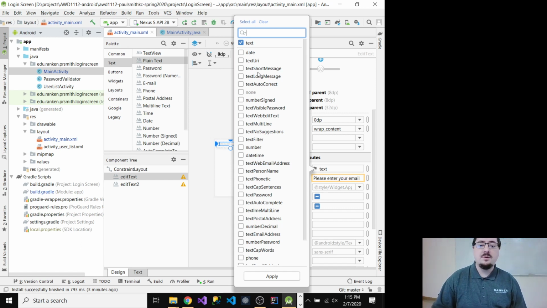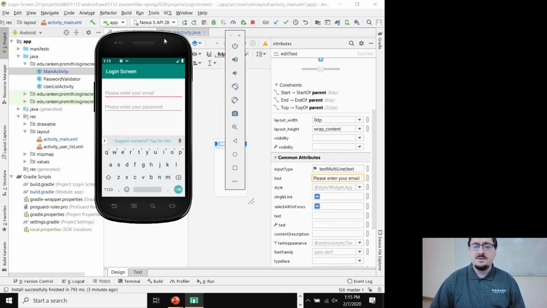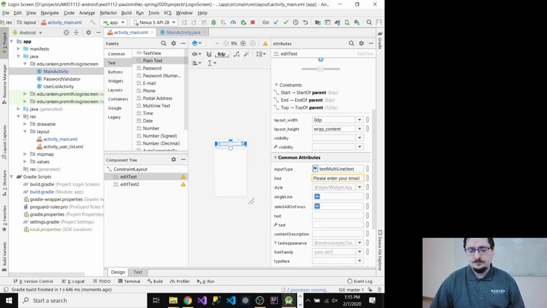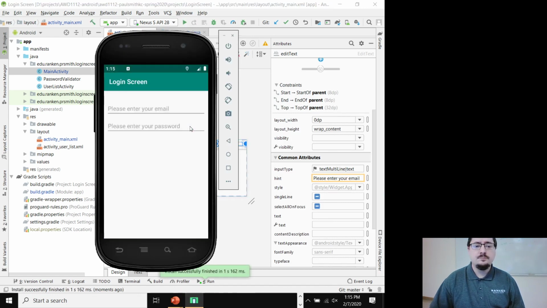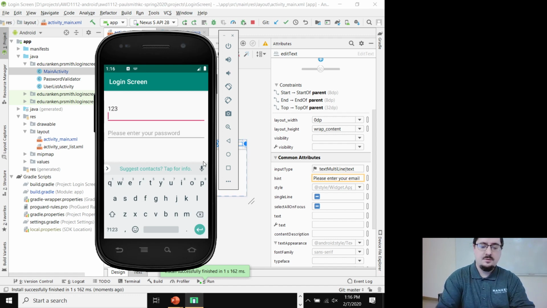So what we want is we're going to say it's text, but I'm also going to check text multi-line. Okay, so that's going to allow me to enter more than one line there. So I've got text and text multi-line. You run the app again. So now when I go in here, notice instead of a next button, you see how it's changed into an enter button on the keyboard? So if I type in 1, 2, 3, enter,